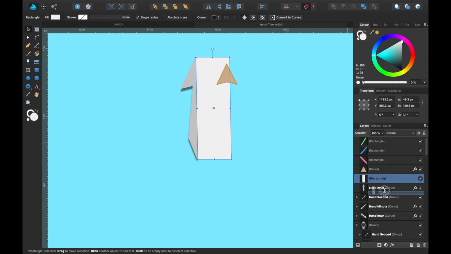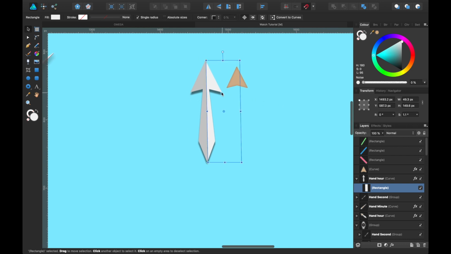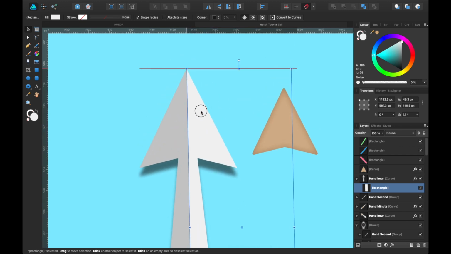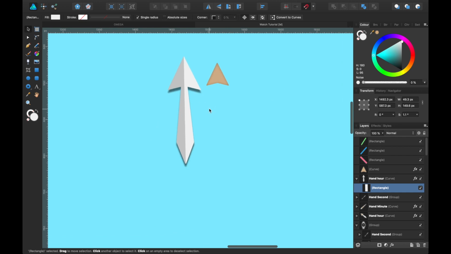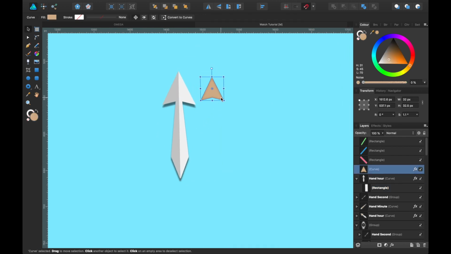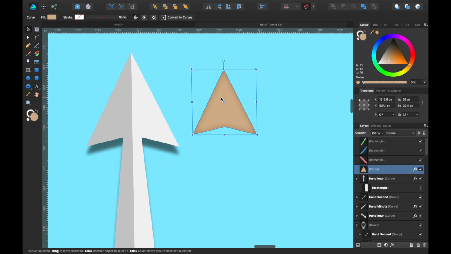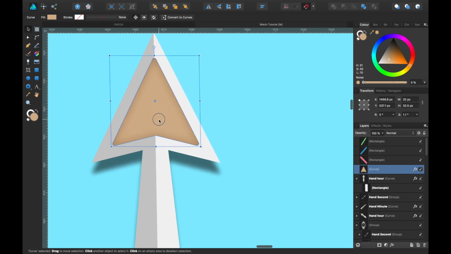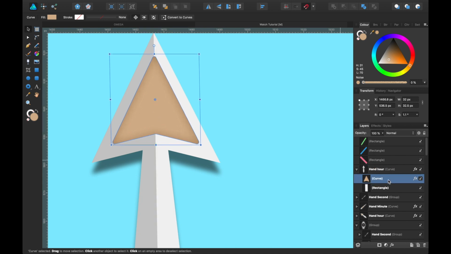So there's the white rectangle, there's the hand hour. I'll drag it down and right a little bit, and there it is, it's in there. I'll just make it a little bit more central. There, like this. So after I did that, I made this little arrow here, and I also nested that inside. So just like I showed you how to make the hour markers earlier, this is how I did it, and then I nested that within the hand hour again.